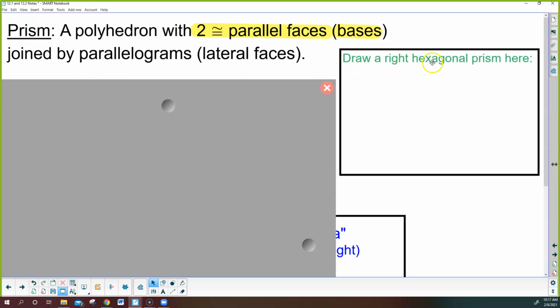But I'd like you to practice drawing right now. I'd like you to draw a hexagonal prism. It's not easy, so give it a shot, and then I'll show you how I would do it just to help you maybe make sense of this three-dimensional. All right, let's take a look at this. We'll talk about why it's called a right prism, but let's talk about a hexagonal. So hexagonal is six-sided. So I got to draw a six-sided shape, and one way to do that